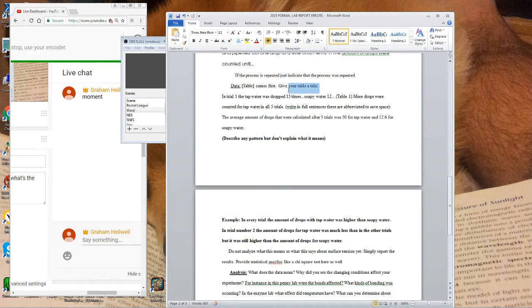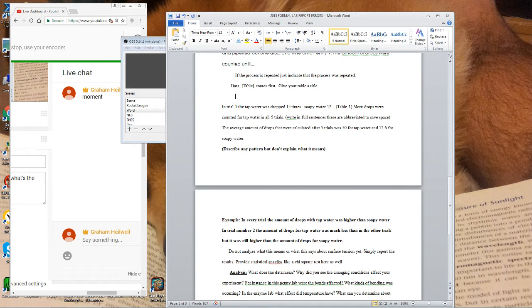Your data table should have a title. Your data table title should tell somebody what is being shown, even if they have no knowledge of it. So if somebody has no idea what an enzyme is, what catalase is, and your table is showing how high the bubbles went, then your title for your table should say something along the lines of, let's type this out,